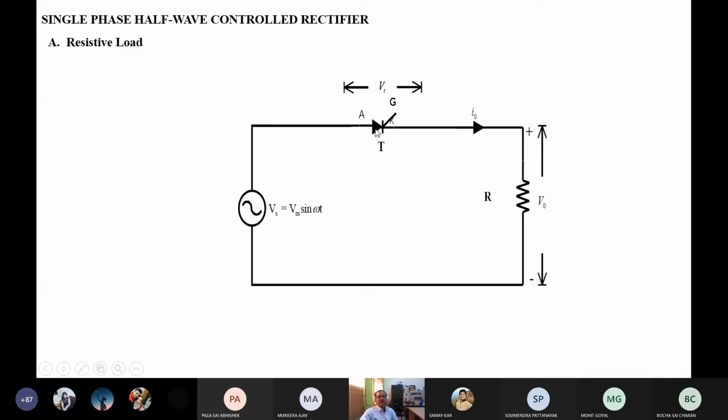We'll assume that this thyristor is nothing but a switch. When it is conducting, it is closed. When it is not conducting, it is an open circuit. If it is an open circuit, the current in the circuit is 0,